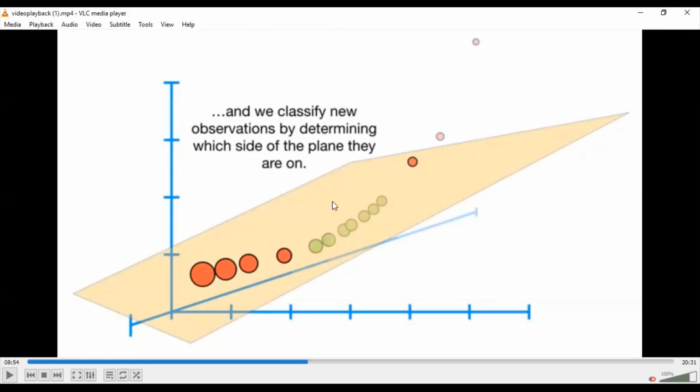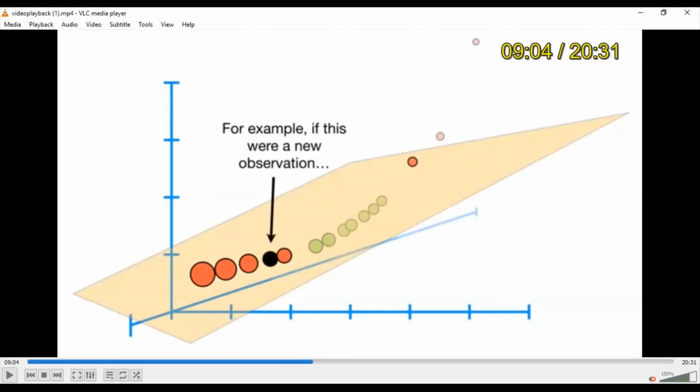You can see a proper plane dividing the points between two regions. If the point lies above that plane, it's one classification. If the point lies below that particular plane, it's a different classification. That's how a support vector classifier works for 3D.